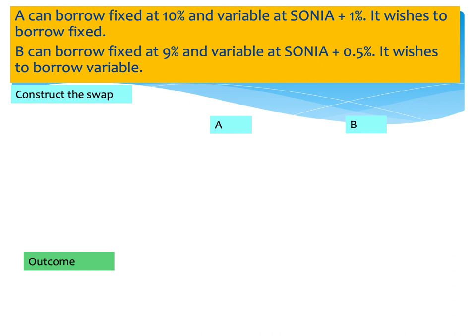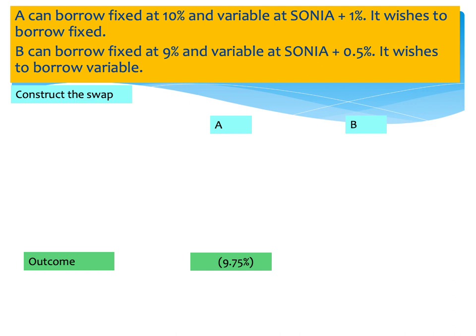Now, I know this is a bit weird, but it feels like we're cheating somehow: we're going to start with the outcome and we're going to work back. So, we know from our calculations before that we want, after the swap, each party to be 0.25% better off than they would have been if the swap hadn't been there. So we can work out what we want their overall final interest rate to be. So if we look at A, for example, A wants to borrow fixed. It can borrow fixed by itself at 10%, but we said after the swap we want them to be 0.25% better off. So they want to end up paying